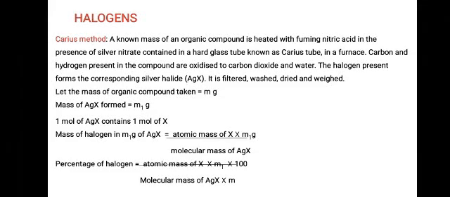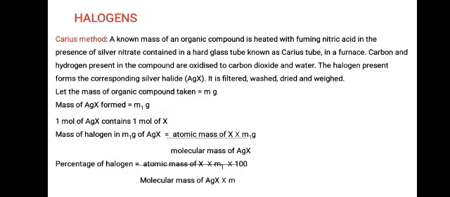Now next is the estimation of halogen. It will be done by the Carius method. Exactly, a known mass of an organic compound is heated with fuming nitric acid in the presence of silver nitrate contained in a hard glass tube, which is known as the Carius tube. See this diagram. This is the Carius tube in which a known mass of an organic compound is heated with the